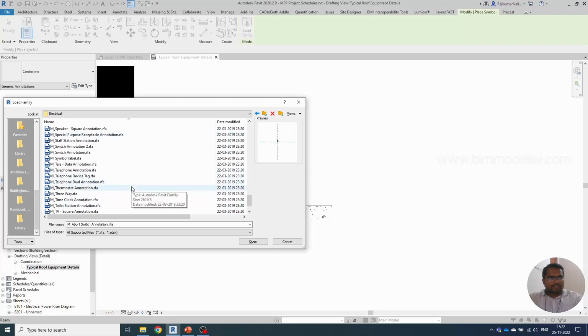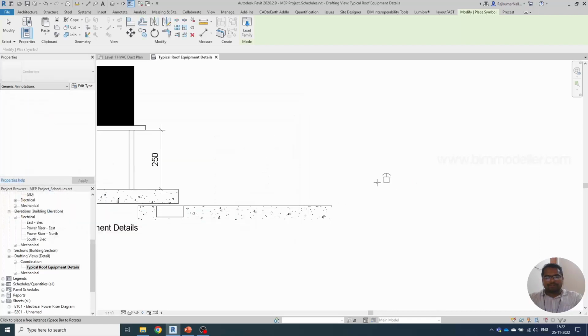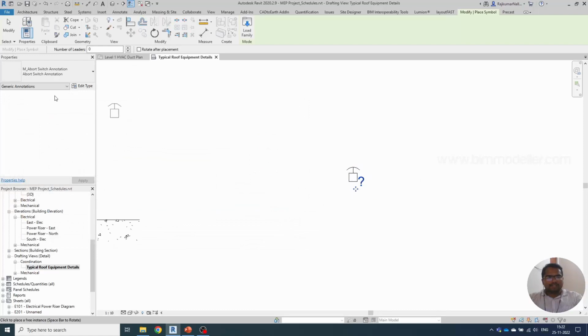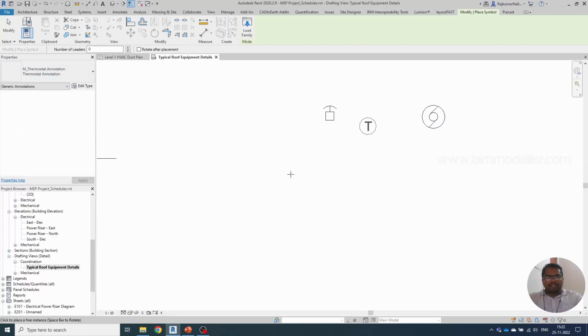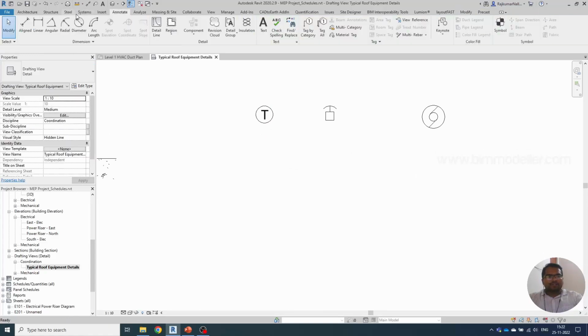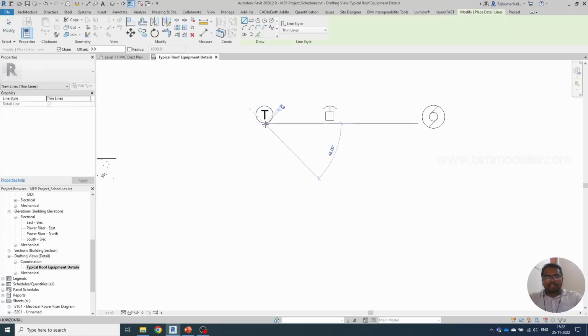So in this case, even thermostat for HVAC, you can take it. Make sure that it is not tag, it is generic annotation. And I have the motor annotation as well. Let me load this. And if you see, the about switch and we have for motor and we have thermostat. So like this, you will be able to place them and you can go to the annotation and you will be able to create the lines,